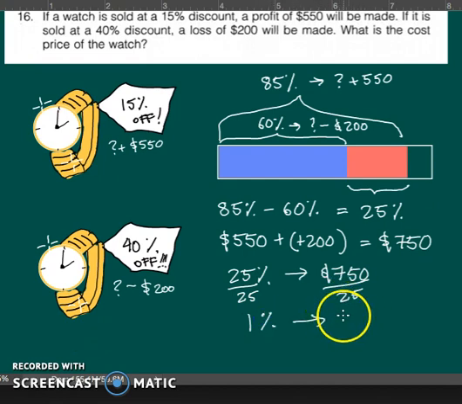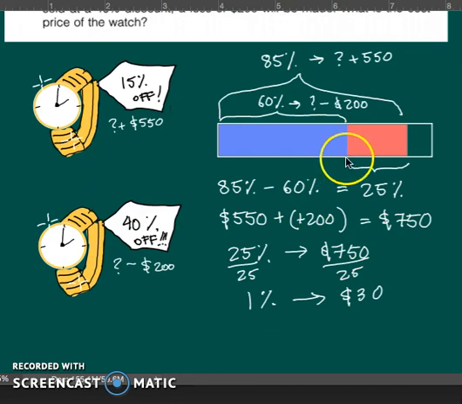is worth $30. So if at 60% we lose $200, how many more percent will it take before we break even? So somewhere around here, there's a point where we wouldn't make any money. We want to find out how many more percent it would take for that to happen. So if we know that 1% is worth $30, we can divide that $200 loss by 30, and we will get